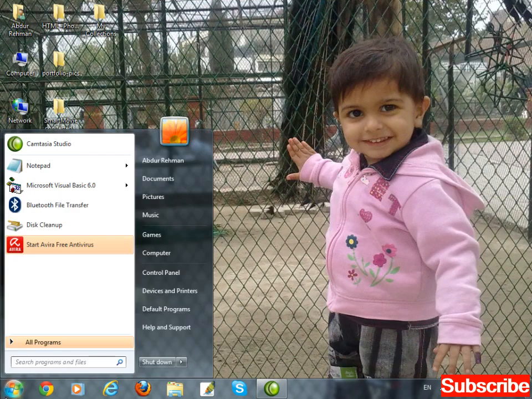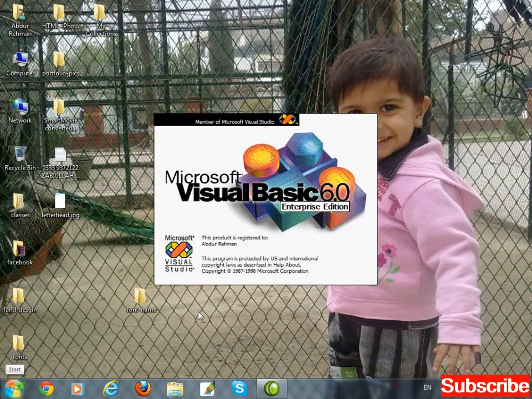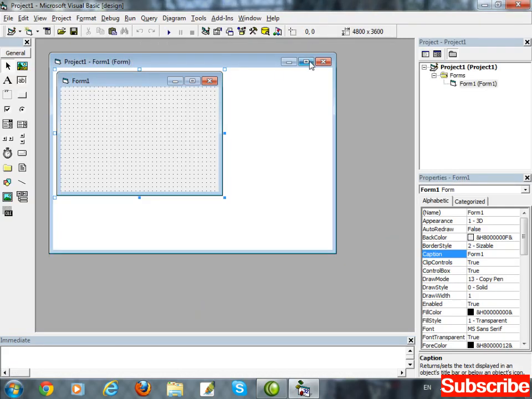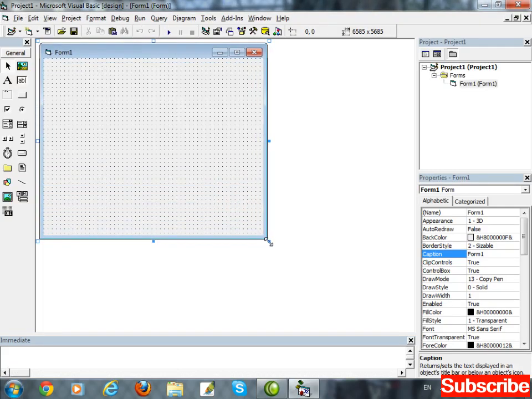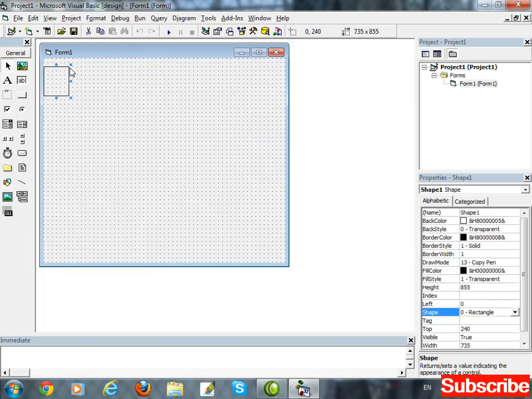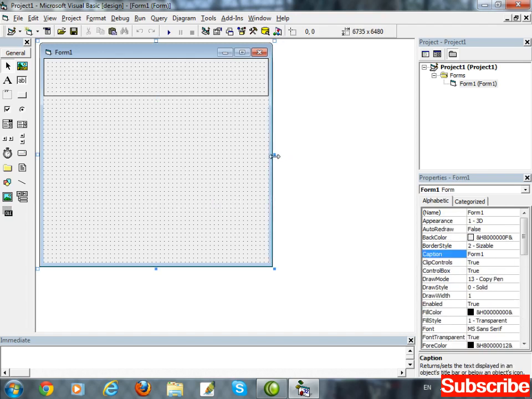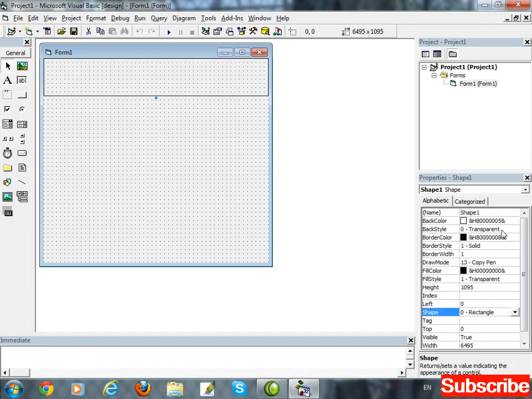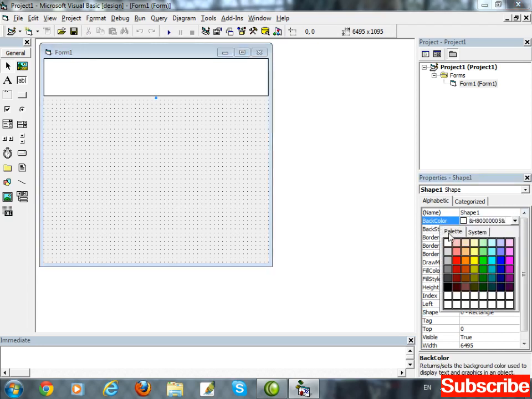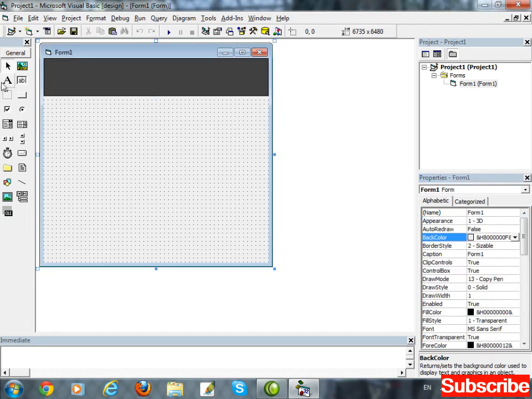Now start Visual Basic. First of all, create a simple form. Use some properties of this shape like back color, insert label.